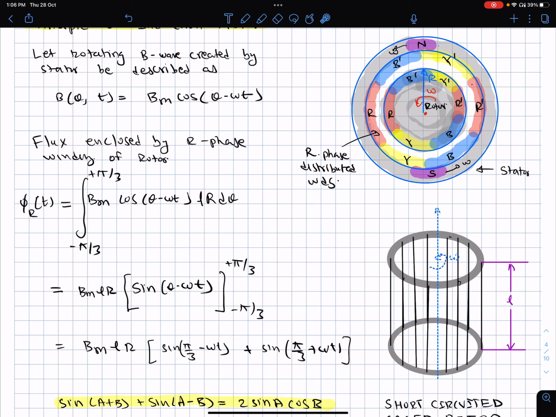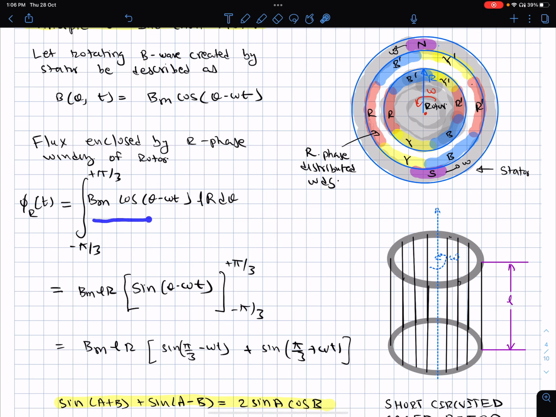I'm as if holding my rotor structure for the time being. I'm not allowing this rotor structure to move for the time being. So, if I now want to analyze the flux in this R phase winding, then it is going to be Bm cos(theta minus omega t)